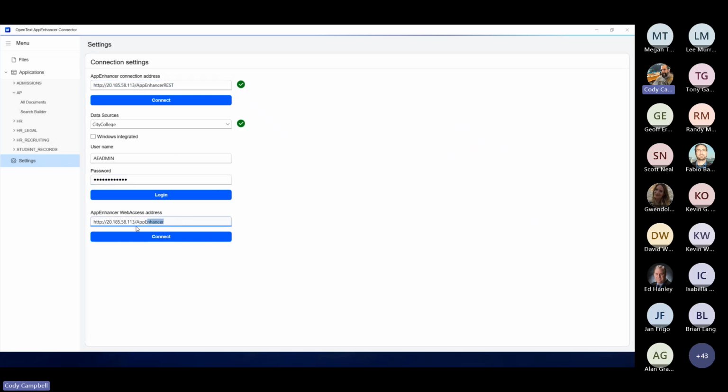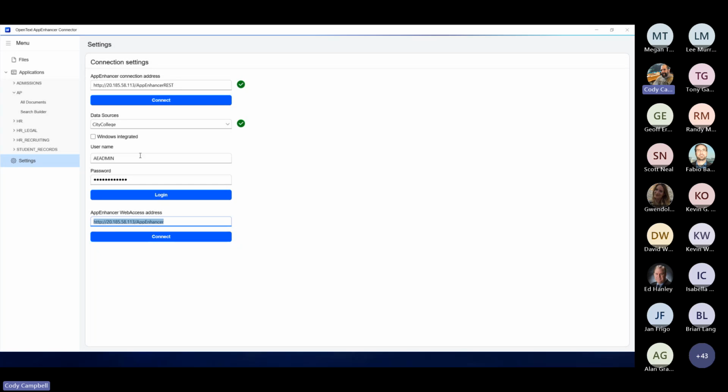since the unified web server is still being fleshed out with the JADO stuff, we're connecting to the existing AppEnhancer environment, which, as you notice, we have 2 URLs here. This is one of the problems that we're solving with the unified web server, is allowing a consolidation of a lot of these tech stacks for the web access parts, which is the user interface, and the REST interface, which is that developer interface. Eventually, there's a crossover once the developer wants a viewer, and so that's what this is for.